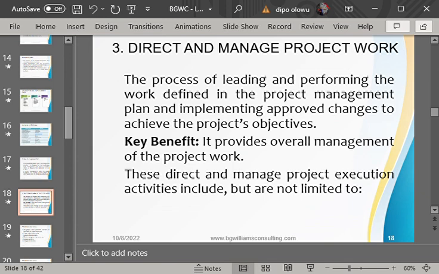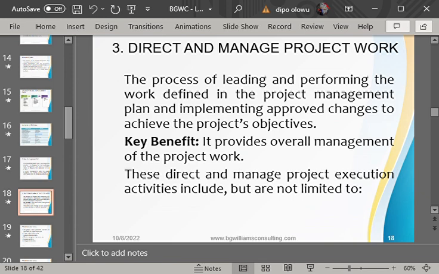Then we said that there are some project management processes to be able to achieve that. The first project management process is the project charter. We discussed extensively regarding what the project charter is. You can find that in the video also in case you missed the class. Then we also discussed the project management plan. We said categorically there is no particular document or plan or space that you can say, oh, this is the project management plan.